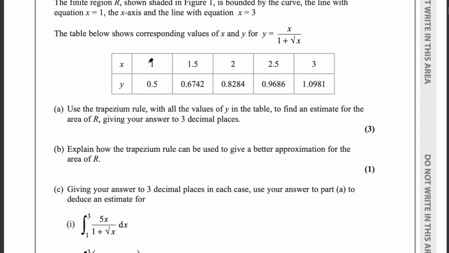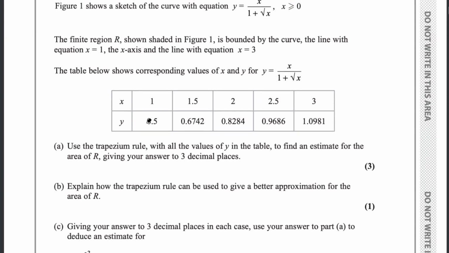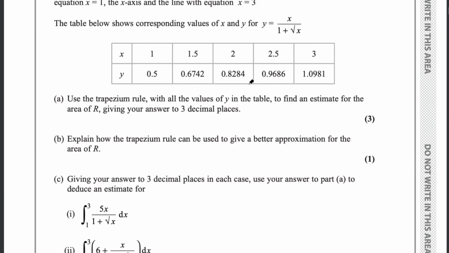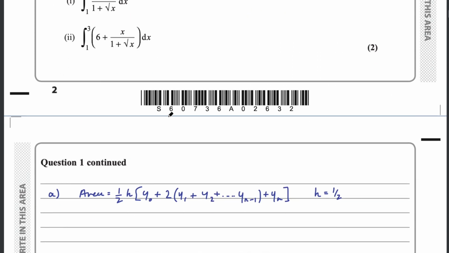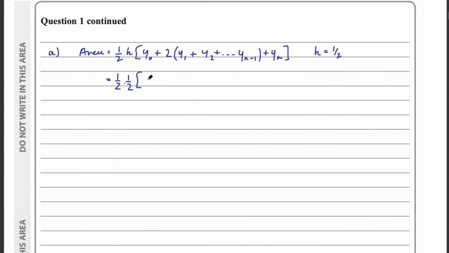The height is the interval between the x values, because we're breaking this up into lots of trapezia. So h equals a half for our current question, and then we just need to input the y values into the formula and calculate, and we'll be fine. So this is going to equal a half times a half multiplied by y0, which is 0.5, plus 2 times y1, which was